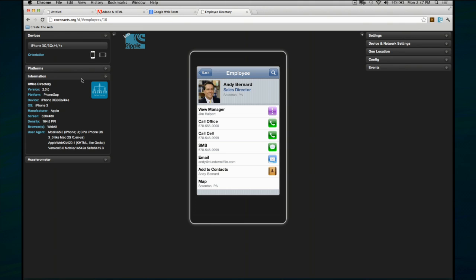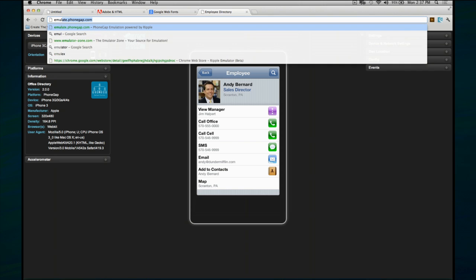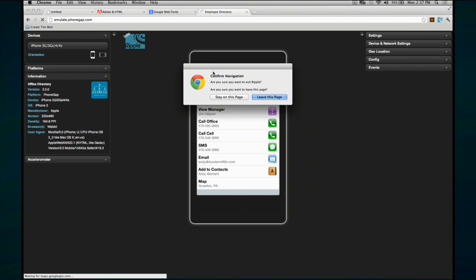But what I did here was to enable a Chrome extension, which is called the Ripple Emulator. And in fact, this is a project that was built by the people at RIM that they contributed to open source recently. And we have been working with these guys to make it work really well with PhoneGap. So in fact, another way to get to the same point is to go to